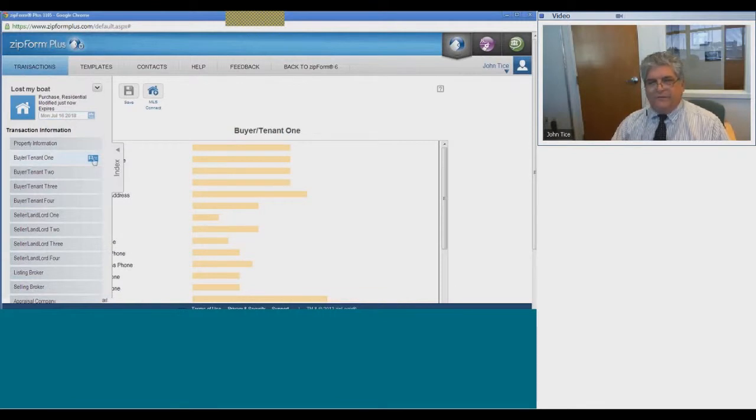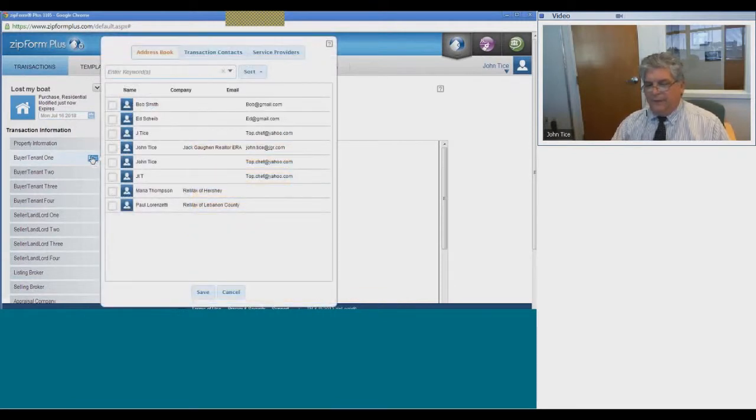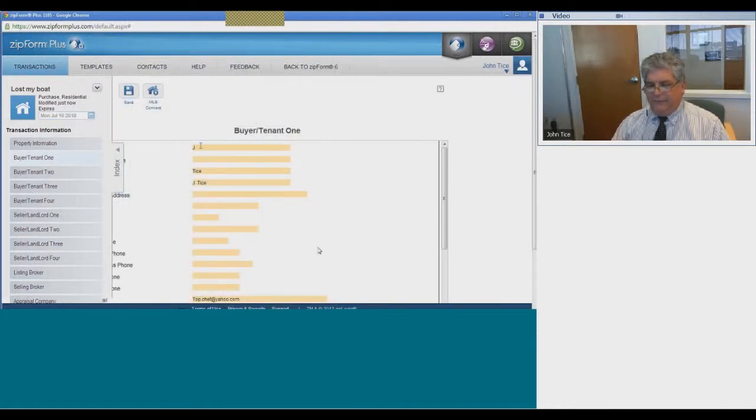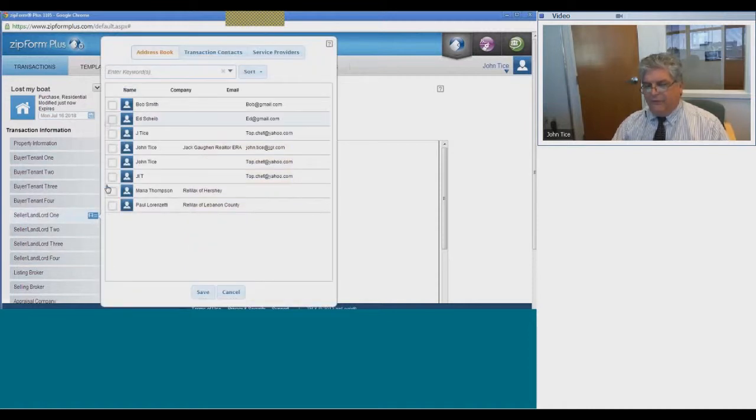Select the card, and there's your contacts. We'll select me, save, and the information is now populated into that buyer 1 or tenant 1 section. So why they've chosen the word index, I have no idea, but you can select any position from that as you go along and have your Rolodex and go right in and add your